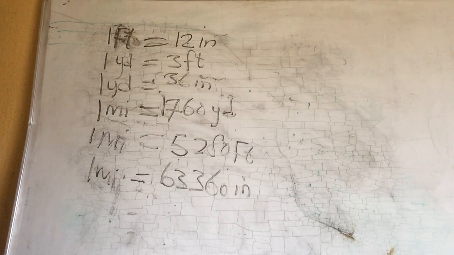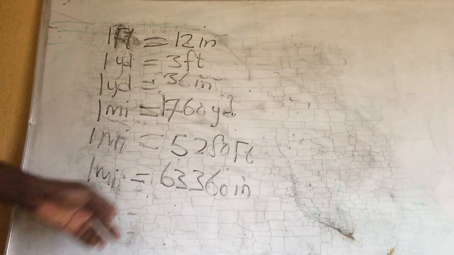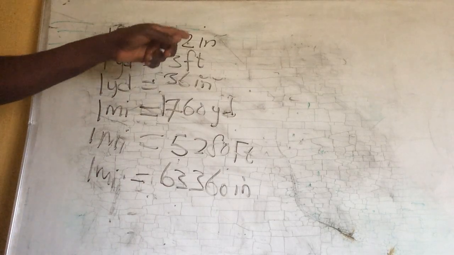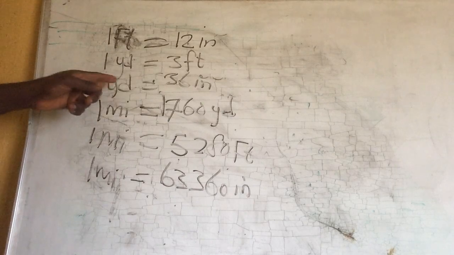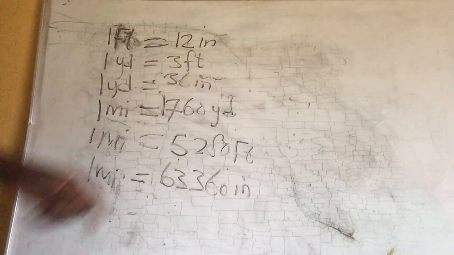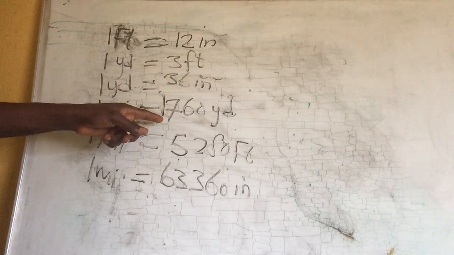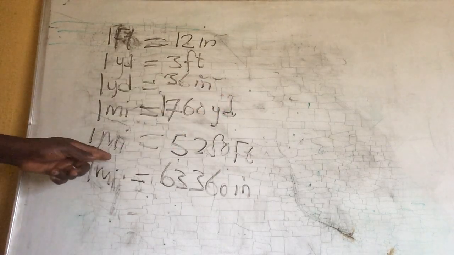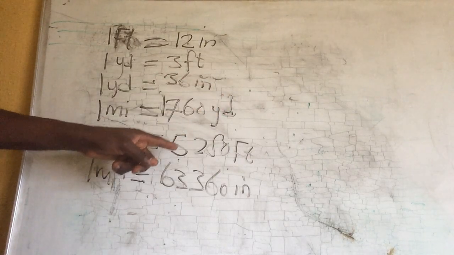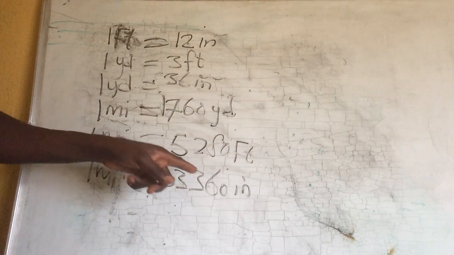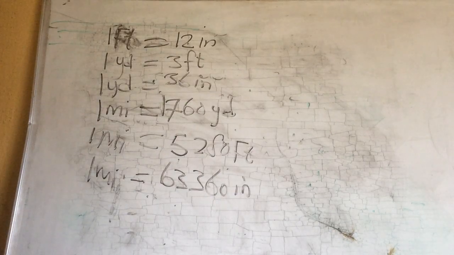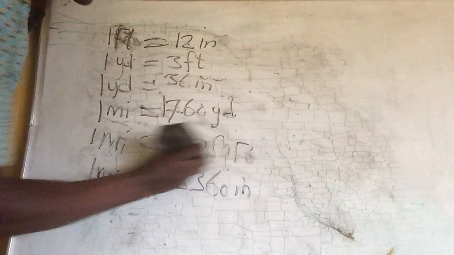It's also a relationship between them. 1 foot is 12 inches. 1 yard is 3 feet. 1 yard is also 36 inches. 1 mile is 1,760 yards. 1 mile again is also 5,280 feet. And 1 mile again is also 63,360 inches. So knowing all these things, one can ask you